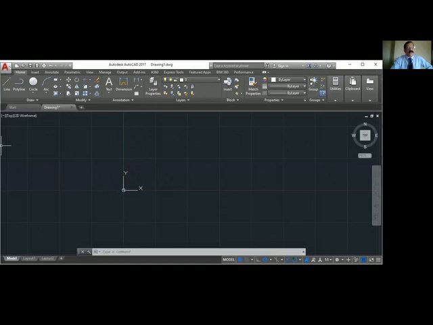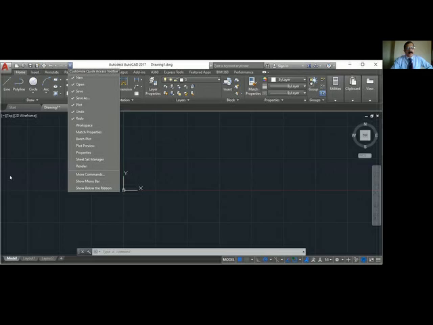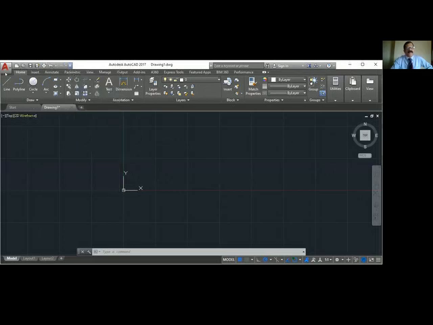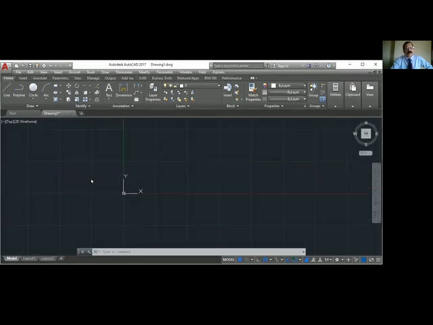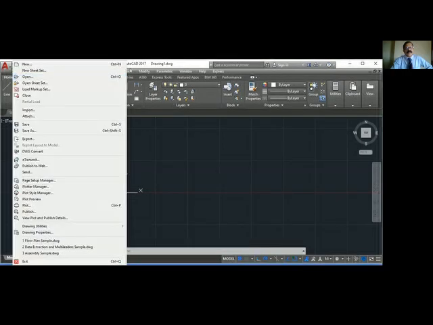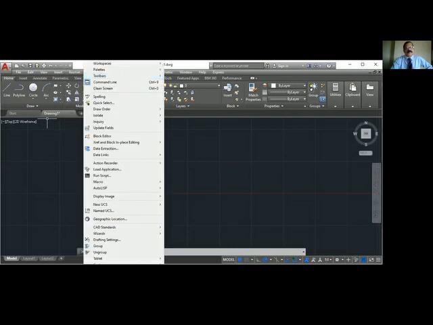This is the application menu. This is the quick access menu, where you quickly open important commands. Quick access, application menu. And there is a pull down menu, the menu bar, which is off now. So I use this quick access menu arrow, show menu bar. So this is the menu bar. You can switch it off. There are different menus there.